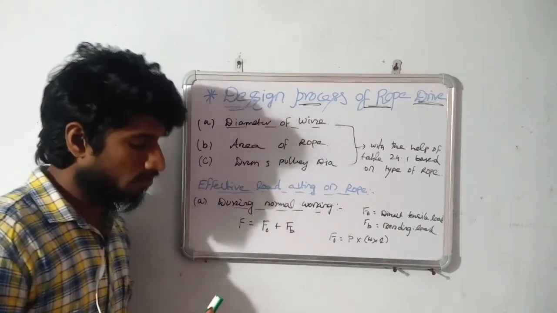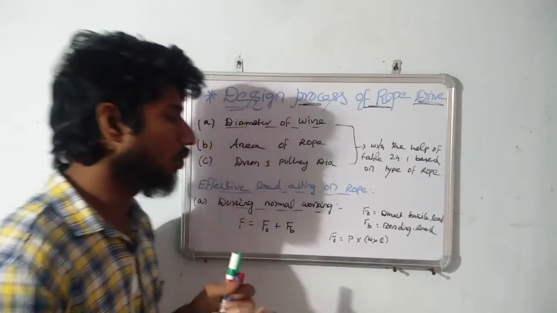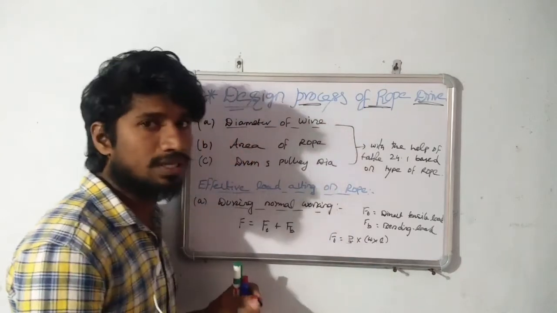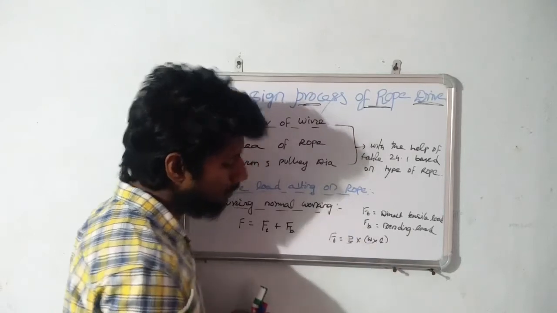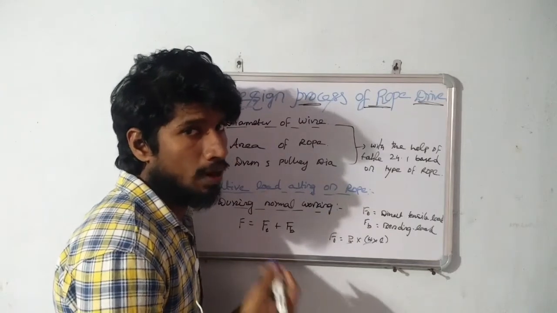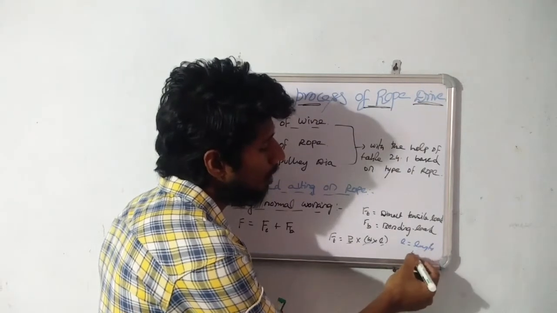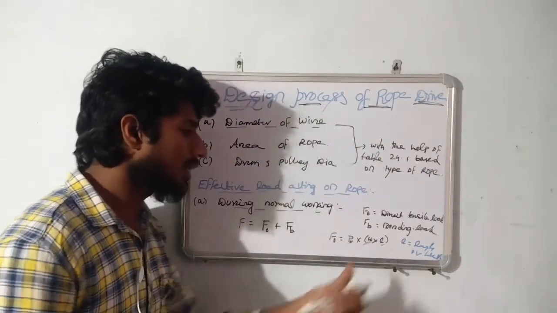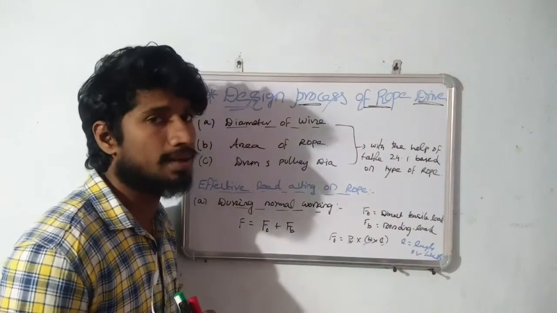So it is the formula to find out the Ft, or direct tensile load acting on the rope. Here we know that P or PR is the specified load. It is the load provided in the problem. And what about the W here? The W indicates the weight of rope per 1 meter length, and here L is equal to the length of the rope or height of the rope. So here we know each and every parameter. It is easy to find out the direct tensile load acting on the rope.